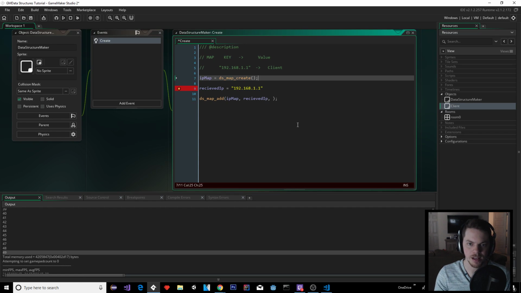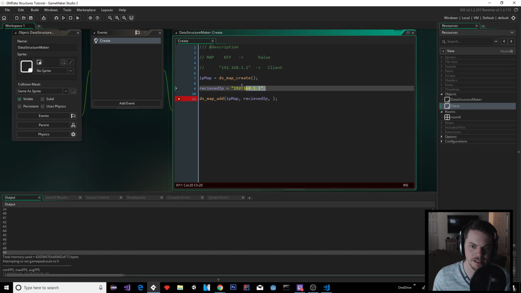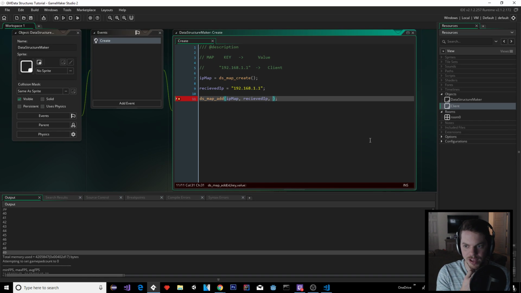192.168.1.1. And I'm just saying this because the IP is actually provided to us in the networking functions. When we receive a message from another user, we actually get their IP. So yeah, we would actually have access to this, and that would be the key. And now what would be the value that we wanted to associate this with? Well, this would be a new instance. Instance create